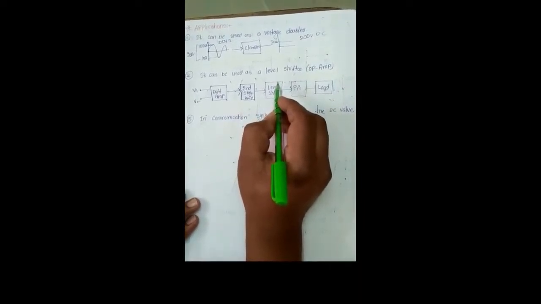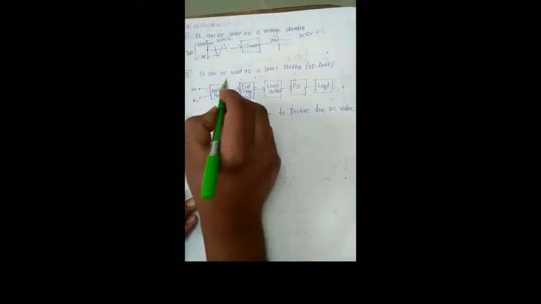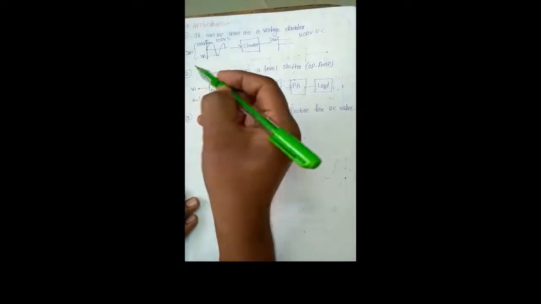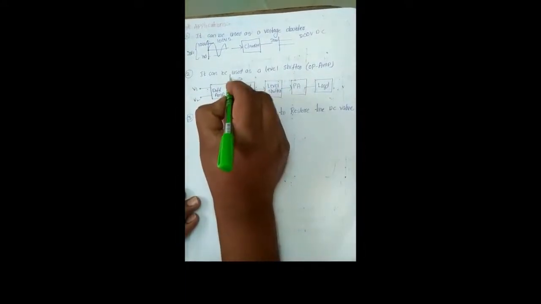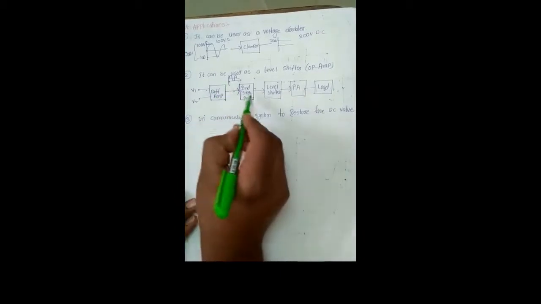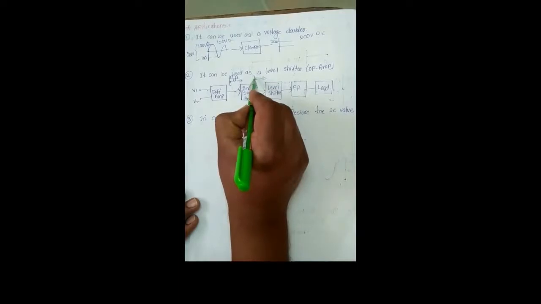For example, here we consider the operational amplifier block diagram. In this operational amplifier, in the first stage we consider two input signals. These two input signals are given to the input of the differential amplifier. This differential amplifier can add some DC signal, and the AC signal can be amplified. Then we get the output of the differential amplifier, and the same signal is given to the second stage amplifier. This signal can be amplified.